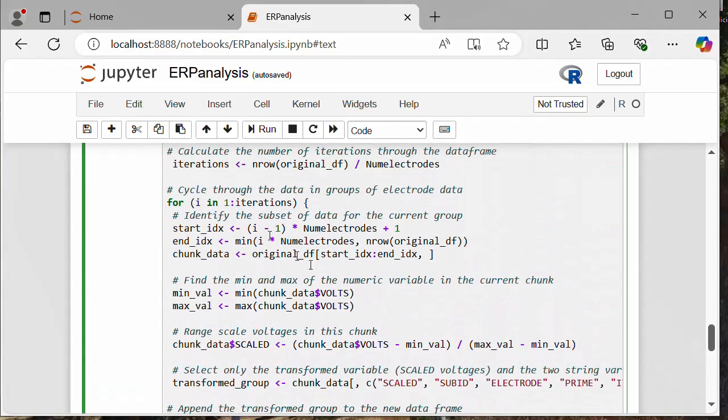But that's the code that you could use if you were stuck and you wanted to go ahead and transform your data frame. You could modify that for an existing data set as long as it's in R and go ahead and do that